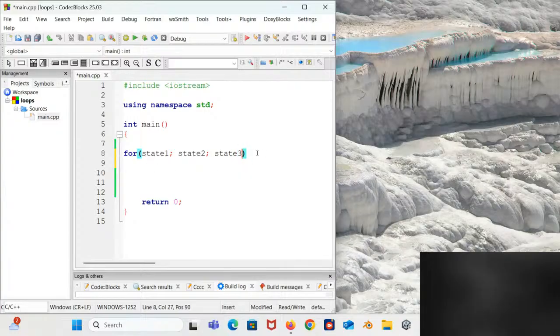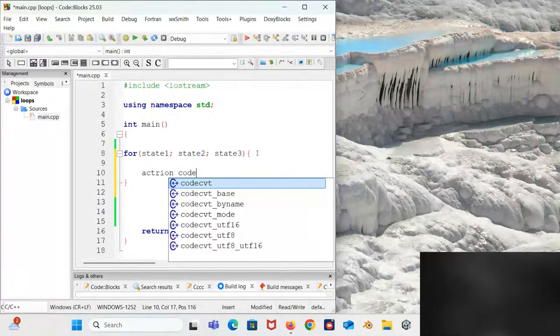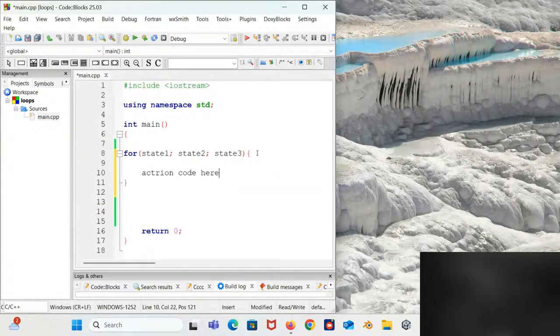Then after that, your action code will come here in this bracket.